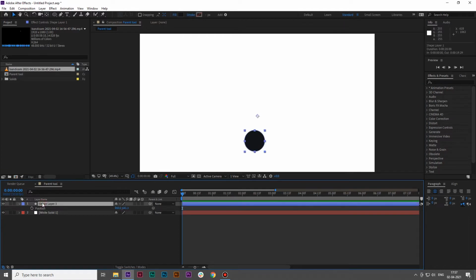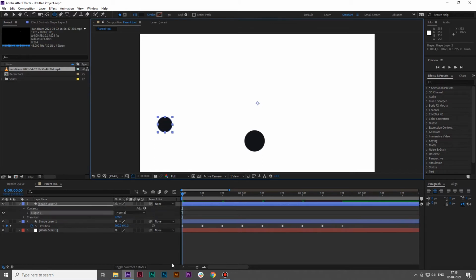Now we will give position to it. So as you can see, we have given position to the ball. What if we want to give the same position keyframe to multiple balls?